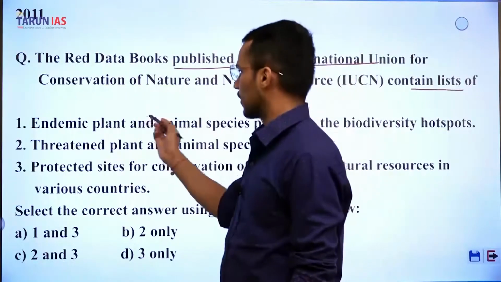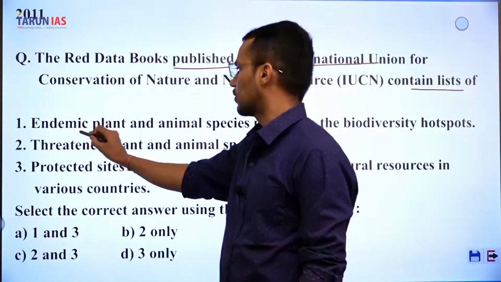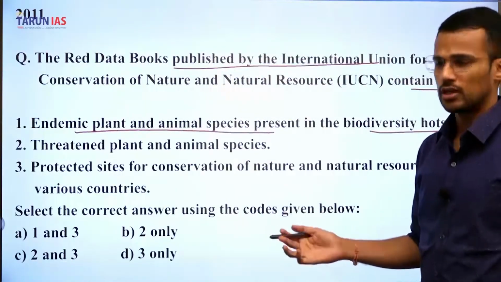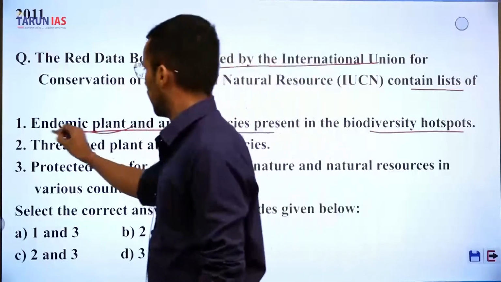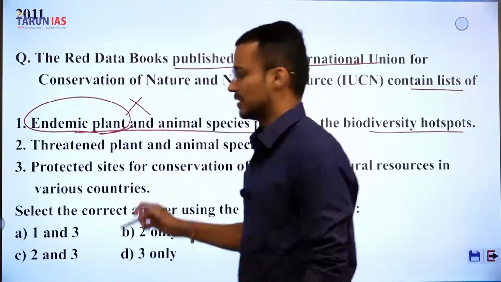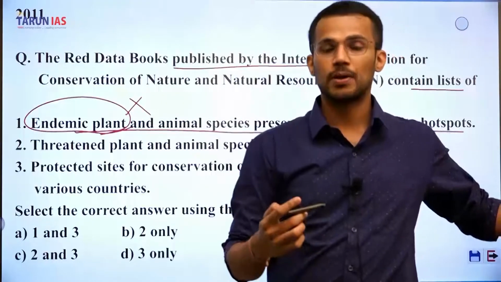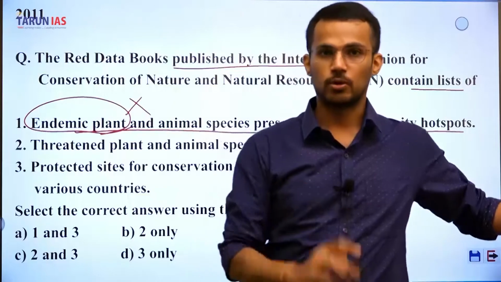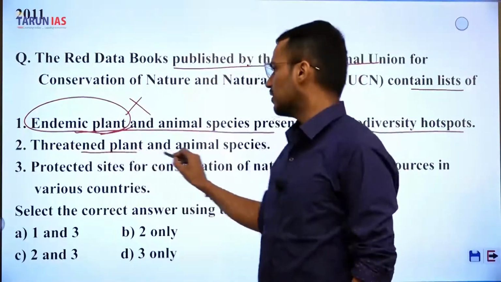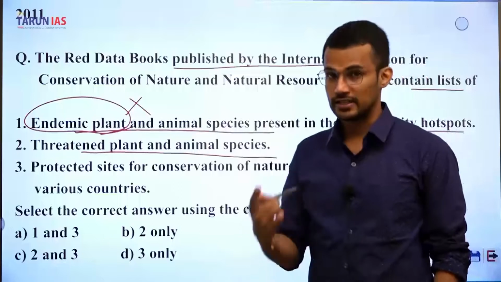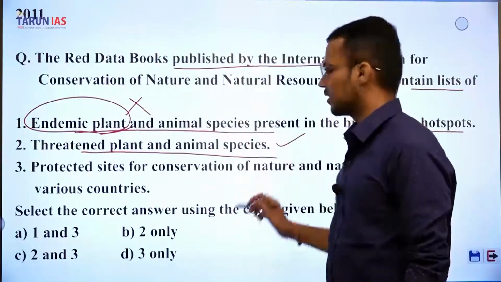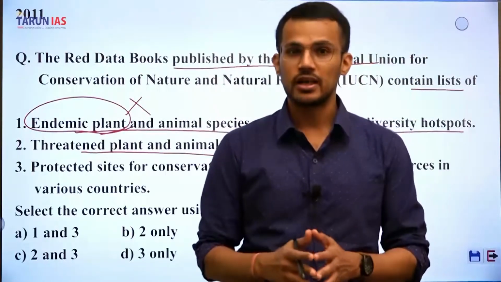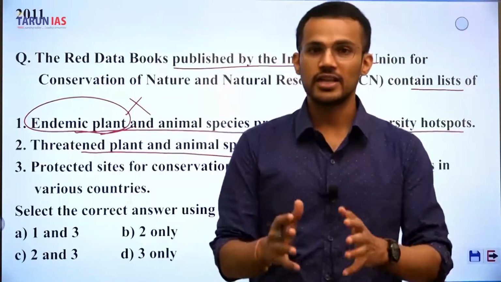First, the red data book talks about endemic plant and animal species present in biodiversity hotspots. This is not correct, because this book does not talk about endemic plant and animal species present at the biodiversity hotspots. Second statement, threatened plant and animal species. Yes. So this particular statement is correct, because threatened plant and animal species are included in the red data book